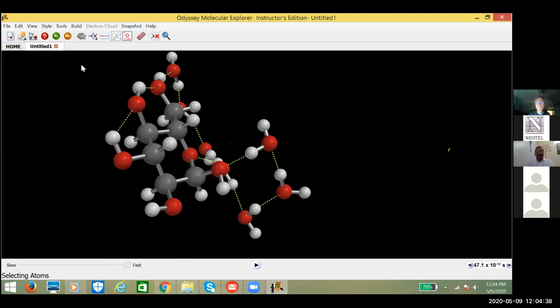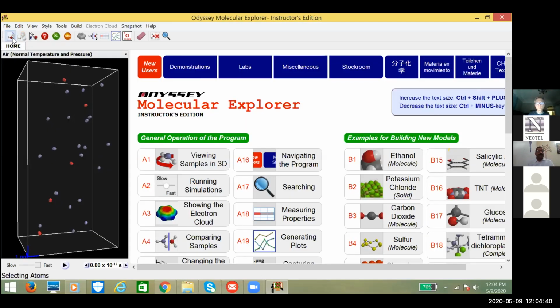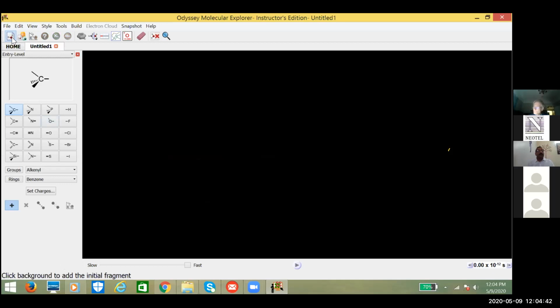Okay, I'll take a few more examples. Go to the build panel. We did some entry level and advanced level. I'll take one example from solids and one example from the biosystems, peptides and nucleotides. So I'll